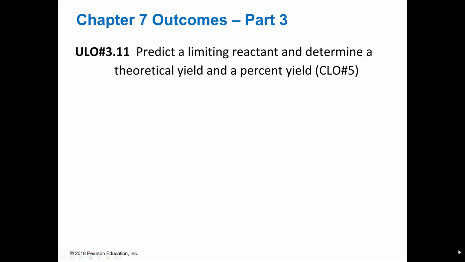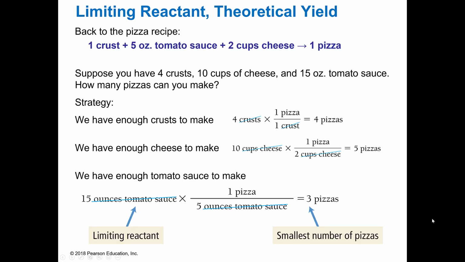This is Part 3. And in Part 3, we're going to take the chemical reaction, the balancing equations, the molar mass, formula weights, and we're going to take that one step further and predict a limiting reactant. In all of the reactions that we had prior to this, we had all that you needed, except for one thing. So the difference in that and a limiting reactant problem is that it tells you how much you